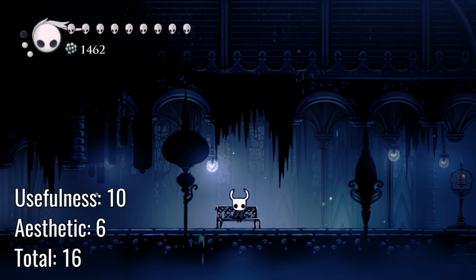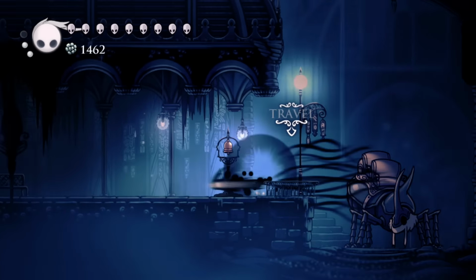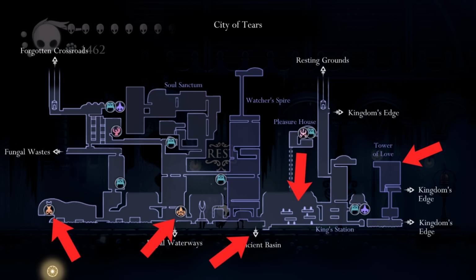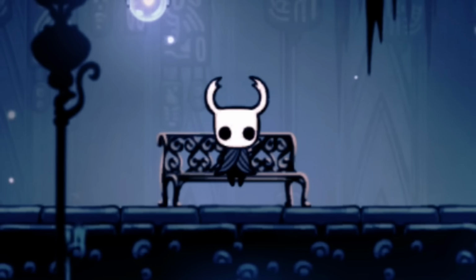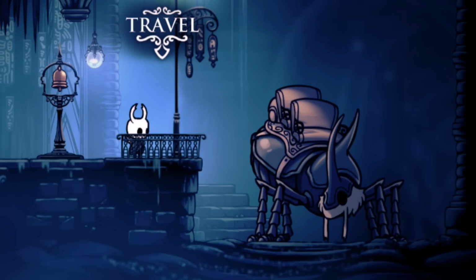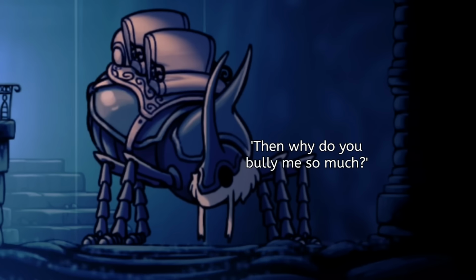Number 12. King's Station bench. This bench is a literal 10 out of 10 when it comes to usefulness. I used this one so many times. The Collector, entrance to Ancient Basin, the Nailsmith, Lem. All the houses over here, just perfect. Yeah. I mean, it's in the middle of everything and...